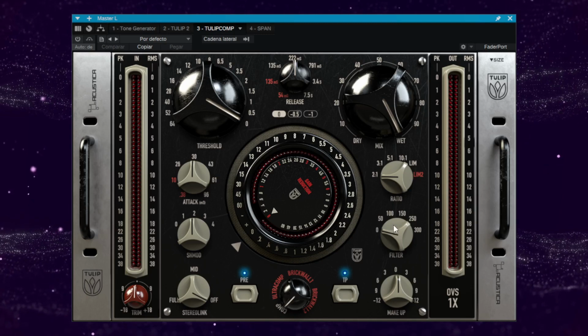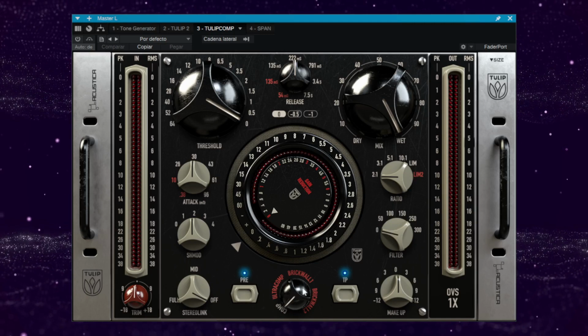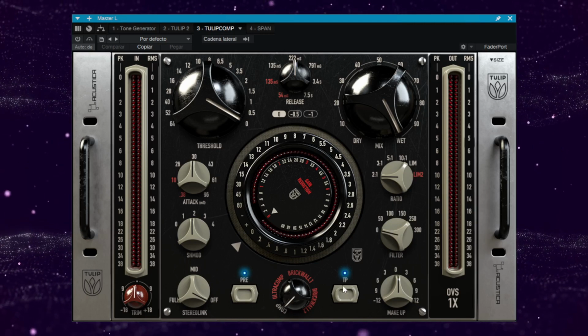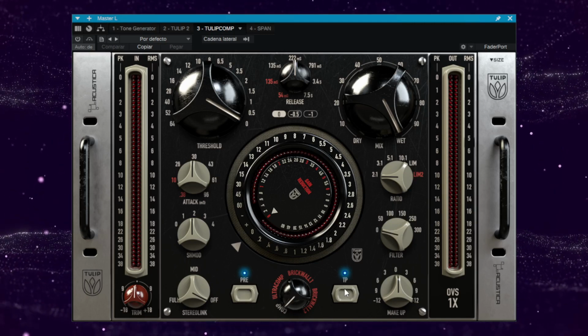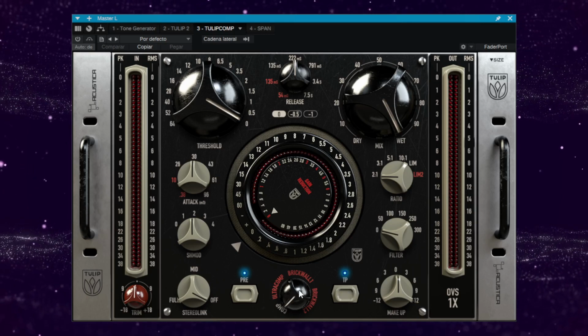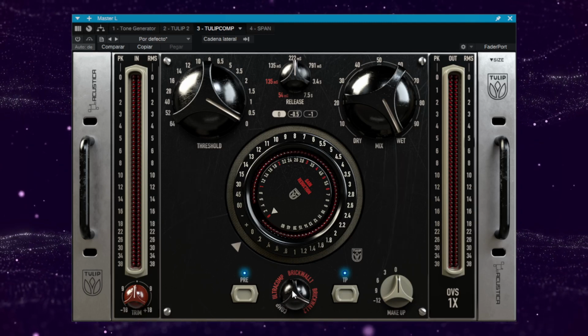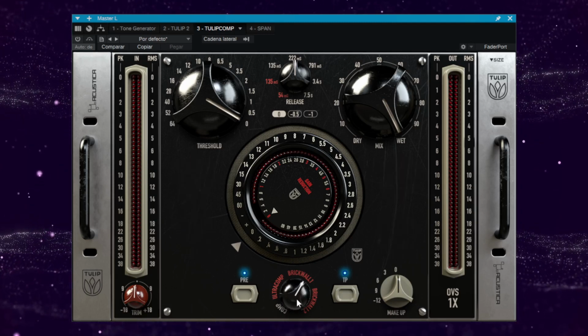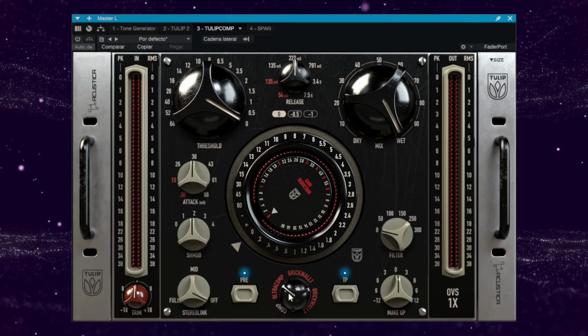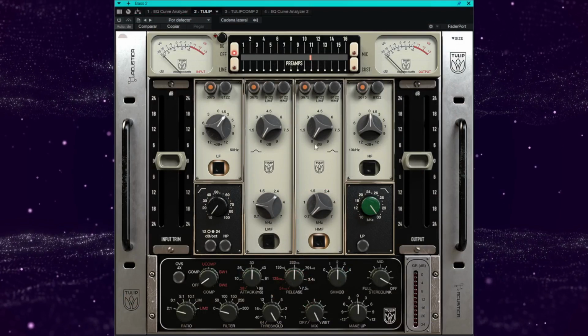You got the filter, you got the preamp for the compressor, you got the true peak, that's what it stands for, because I tried to read the manual but it was not available. So it's true peak when you want to use any of the brick wall options here, if you want to use it as a limiter. And look how it changed. And if we jump back to the